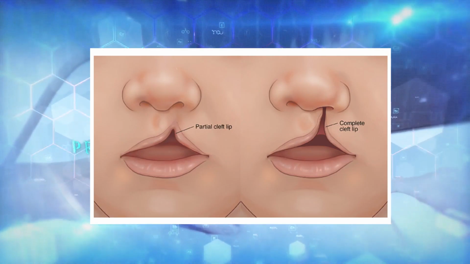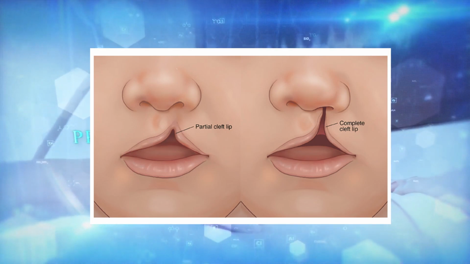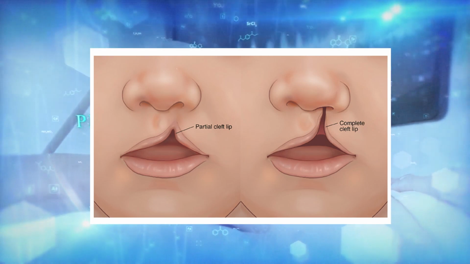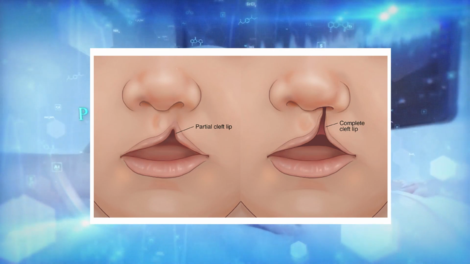So when we are talking about clefts of the lip, we are talking about failure of joining or of fusion of the medial or lateral nasal projections and the maxillary projections. Those two parts. When they join well, you get a good face. If there is any problem in the fusion of those parts, you get a cleft.